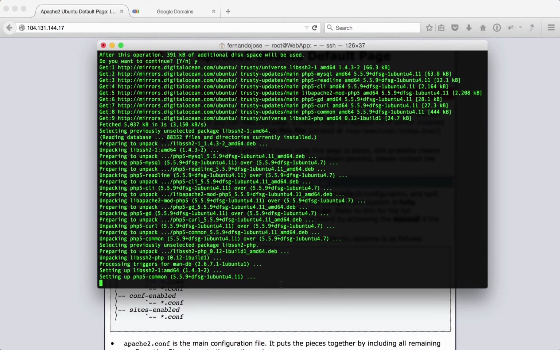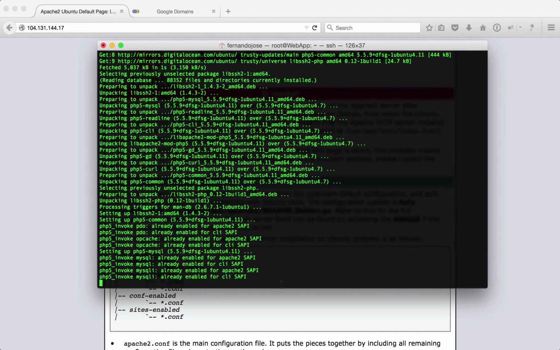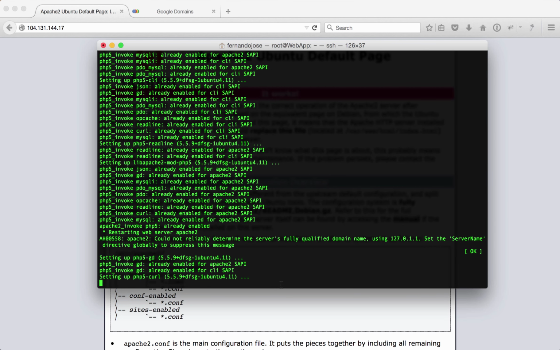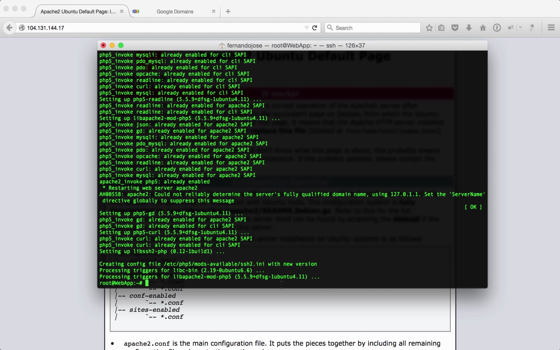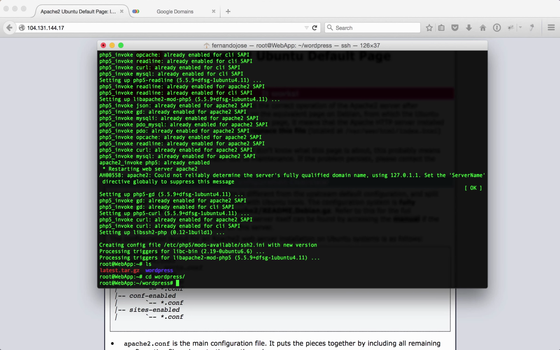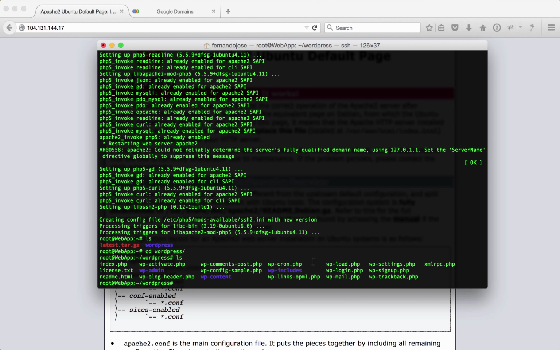Okay, so now we're going to configure our WordPress. This is finishing up. Perfect. The first thing we want to do is go inside our WordPress folder. Notice that when we install and extract the WordPress download, we got a WordPress folder in our root directory. So let's go inside this WordPress folder, and we want to change this file, the WP